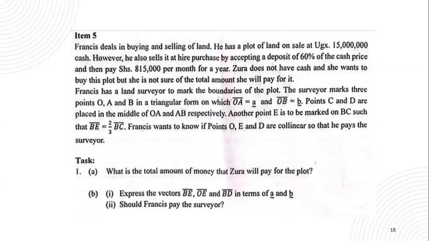And when you look at this vector, they did not draw for you the diagram. And which things were they asking for? When you read it through, you are noticing that they were testing, do you know how to deal with collinearity? That was the first thing they looked at. Then from there, they went on and said, placed in the middle. Do you know how to deal with midpoints? So that is what we are going to be dealing with. So we are going to first do the first part and then we go to the second part.